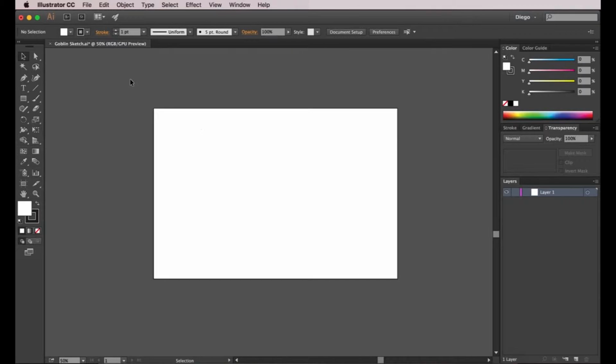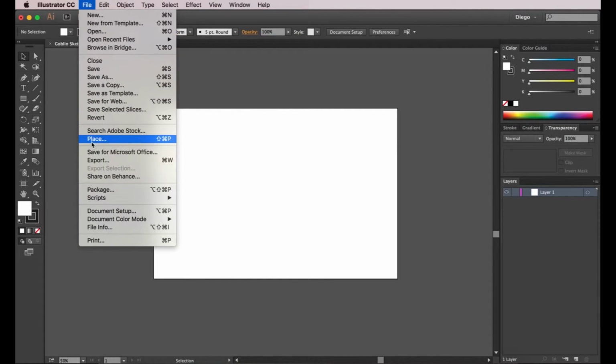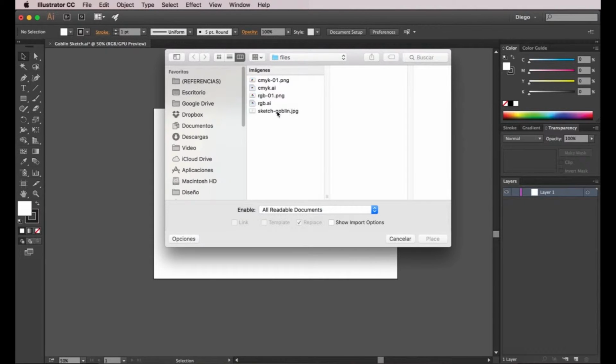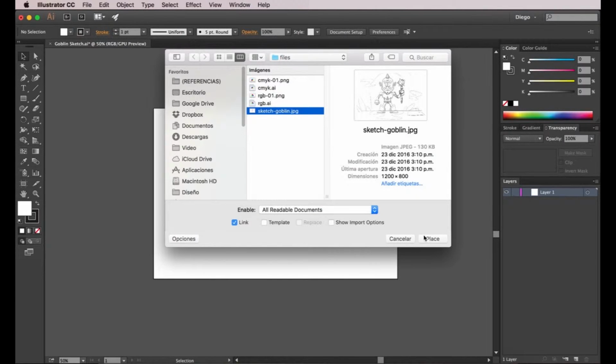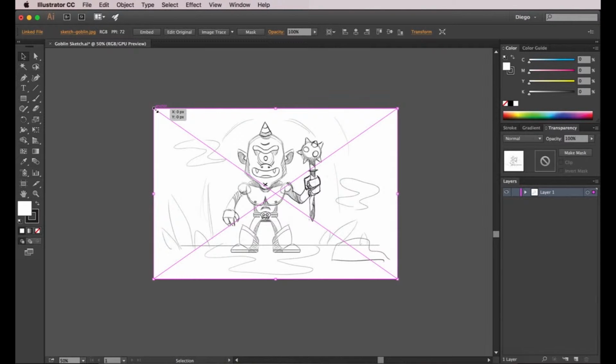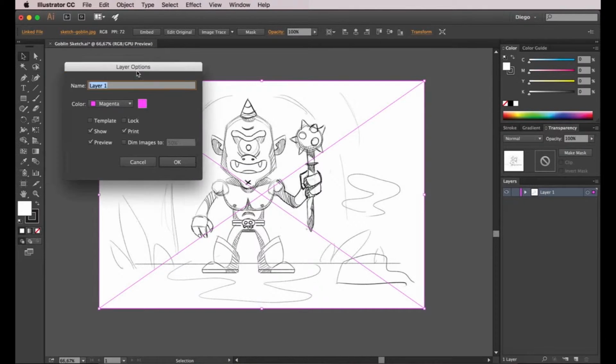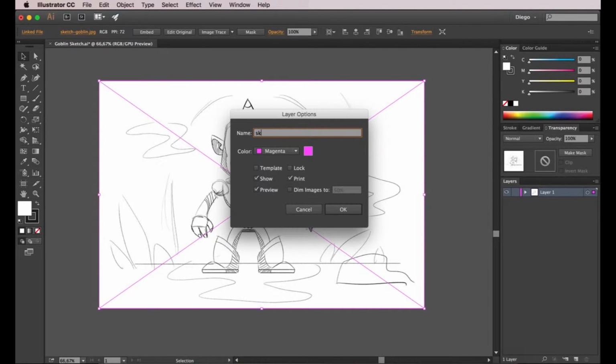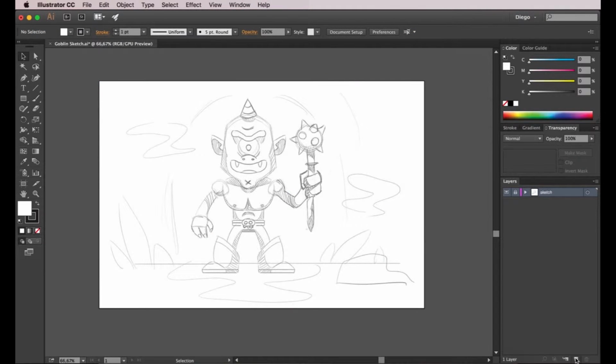So first of all, I imported a sketch that I previously did on Adobe Photoshop using my tablet, and I went to File, Place, and I placed this file on a layer. I double clicked on it and I selected Template, and I called that layer Background. And then after that I created a new layer that I called Goblin, because that's where the character will be,